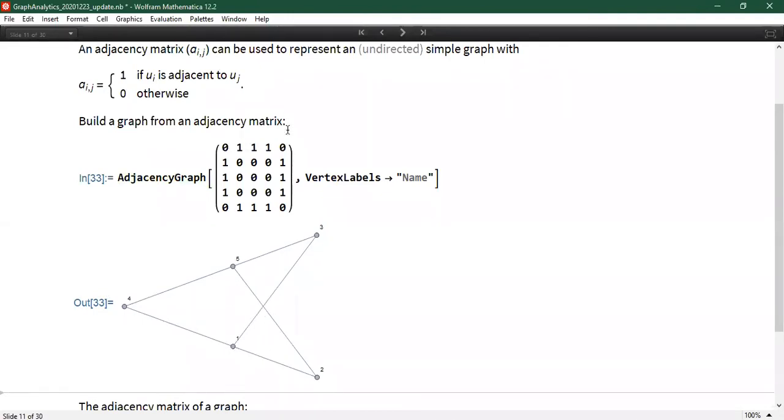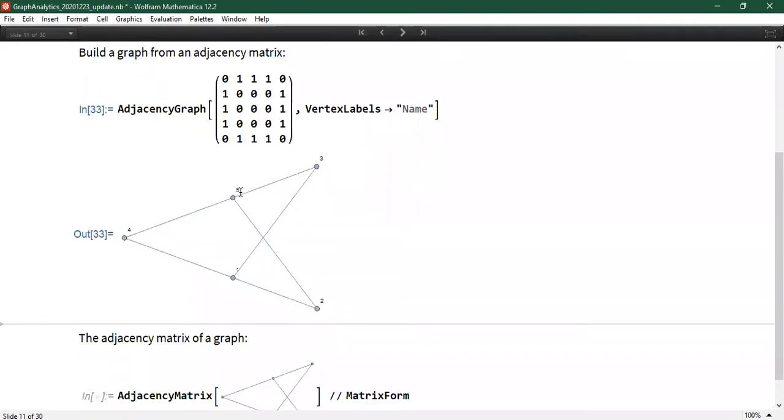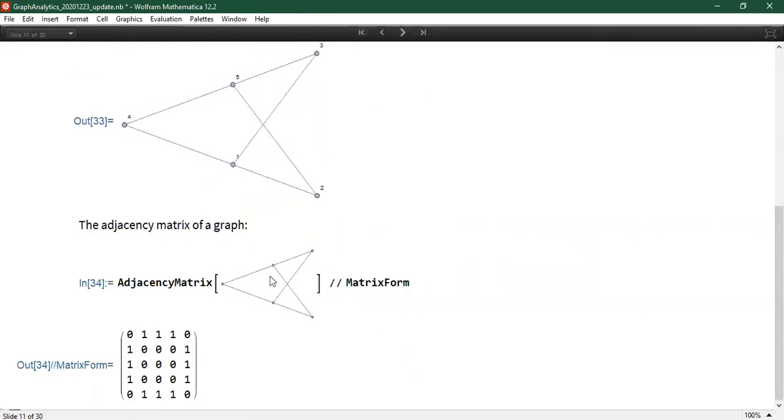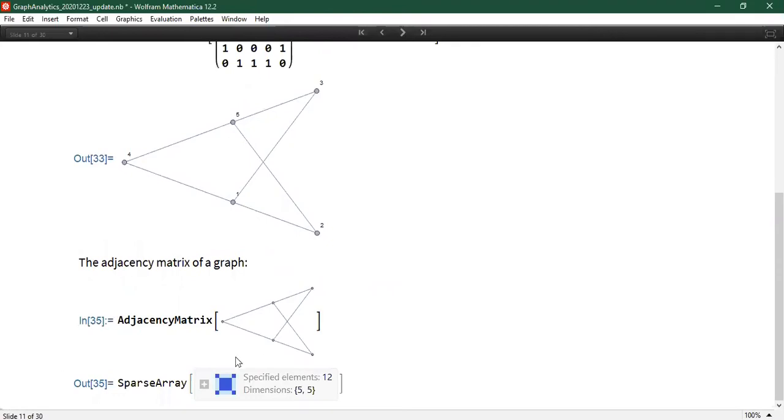And then it doesn't connect to 5, so that element is again 0. Similarly, 2 connects to 1 and to 5, but not to 3 or 4 or itself. So it's an adjacency graph built from a matrix. And you can also take a graph and use that to make a matrix. I take the exact same graph and go the other direction. As an aside, MatrixForm is a way of displaying matrices in a nice, clean way. If I take that out, it'll display it as a sparse array,